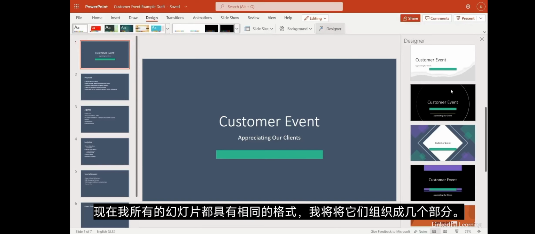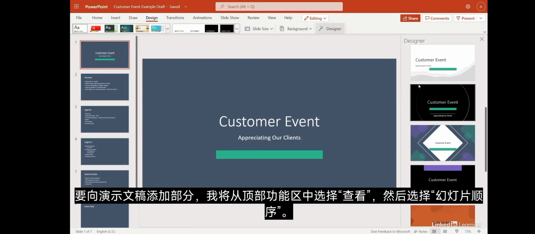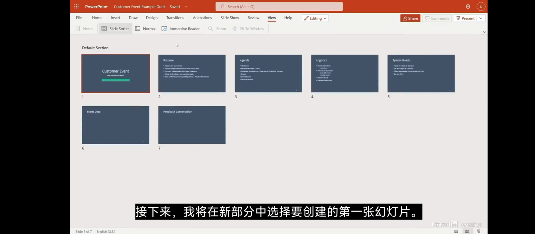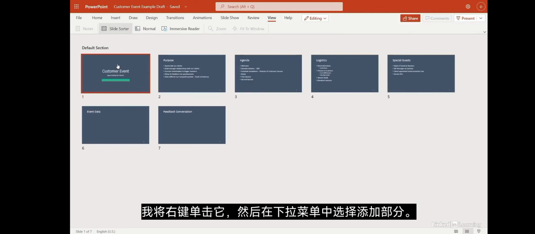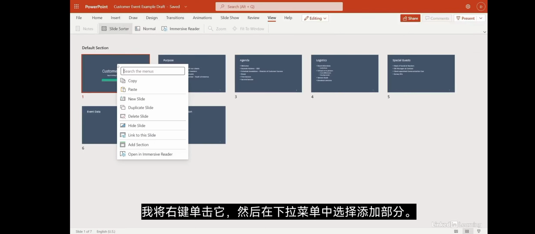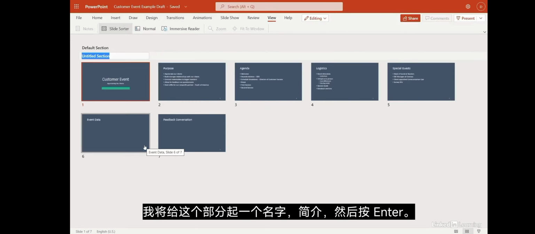Now that all my slides have the same format, I'm going to organize them into sections. To add sections to the presentation, I'll select View from the top ribbon. Then select Slide Sorter. Next, I'll select the first slide in the new section that I want to create. I'll right-click it, and in the drop-down menu, choose Add Section. I'll give this section a name,